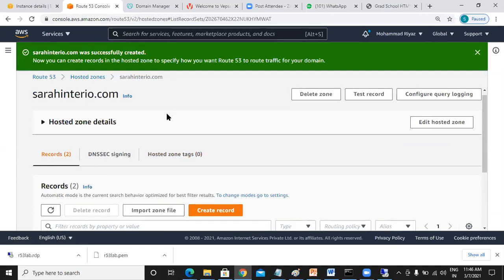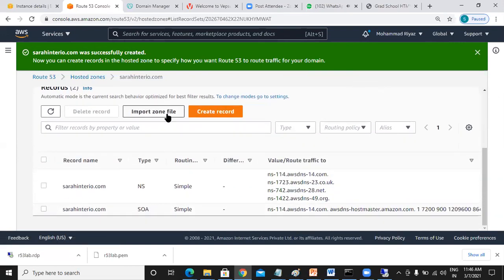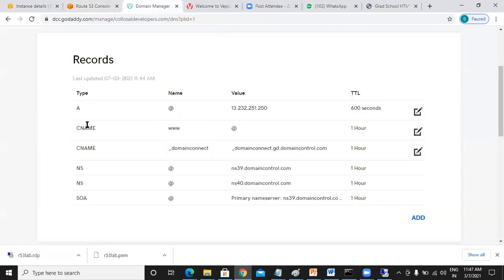Now what should I do here? If I want to access Route 53, I need to transfer from GoDaddy to AWS. So what is that I need to do? I go to domain manager.